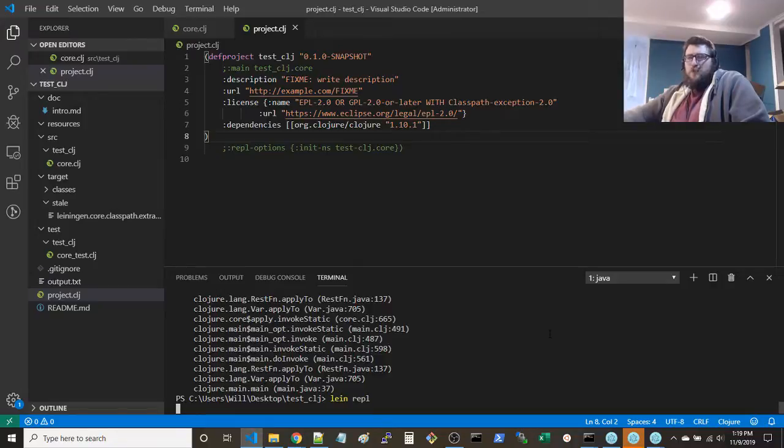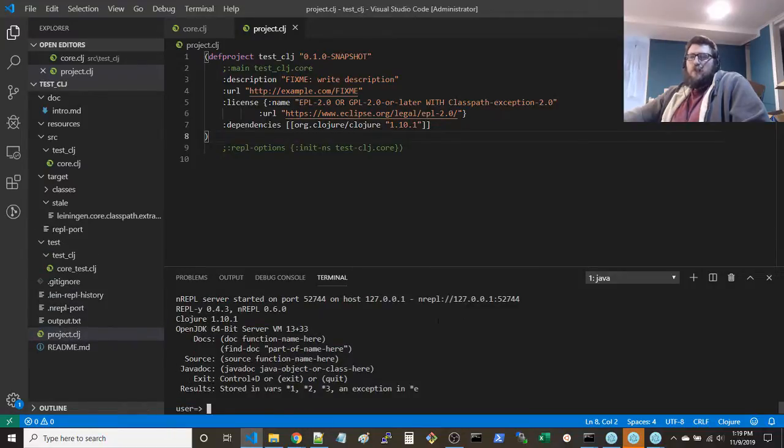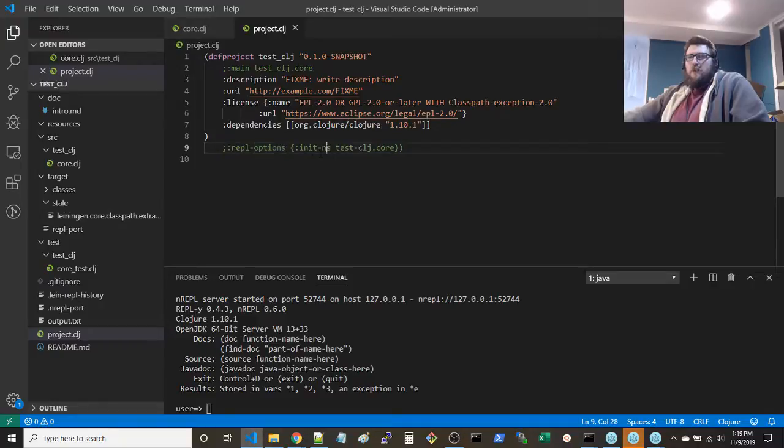So it's an issue processing the project itself. Oh, there it goes. Alright, so my REPL options didn't make any sense. That was the problem. Particularly initializing this namespace. That's probably why it was giving me an issue with create.